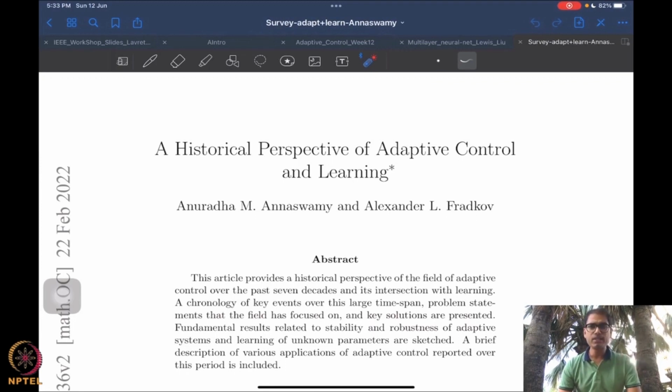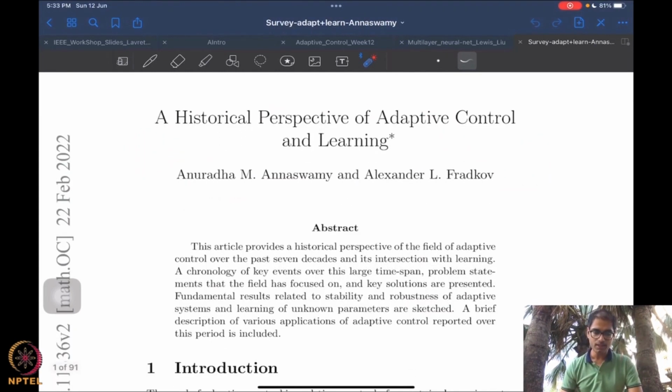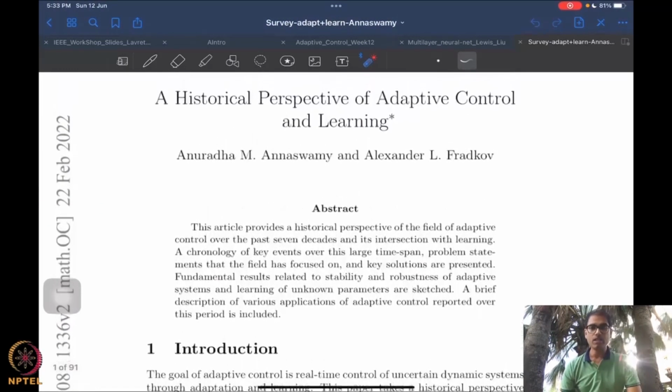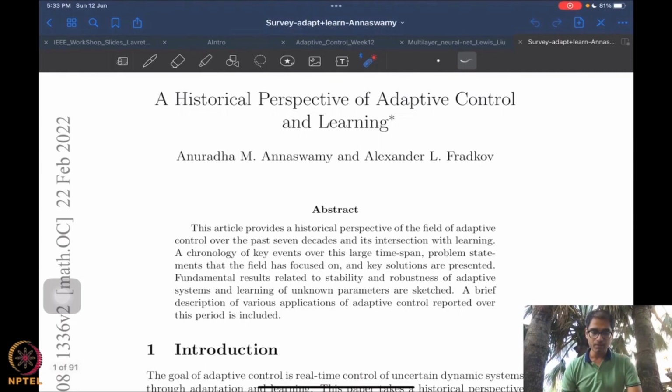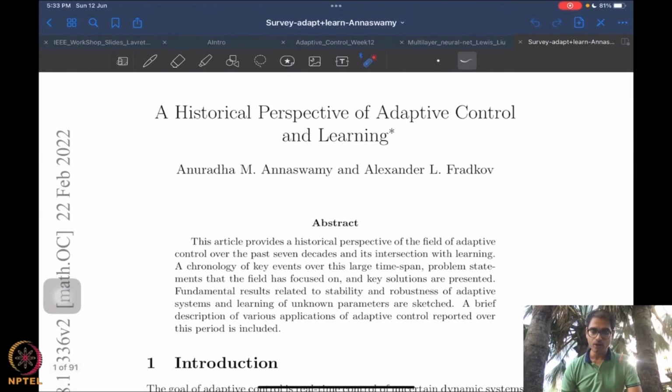So the key connection that we will try to make is with neural networks, and so deep learning, so multi-layer neural networks, which is essentially what deep learning involves. But before we do any of that, I want to point you and also talk a little bit about this particular paper. As we can see, this is a very, very recent article that's come up on arXiv online,